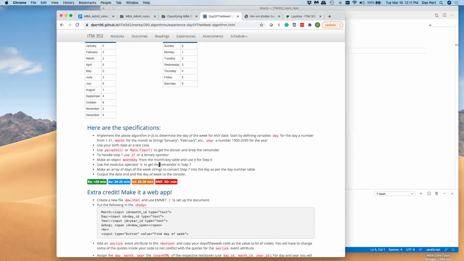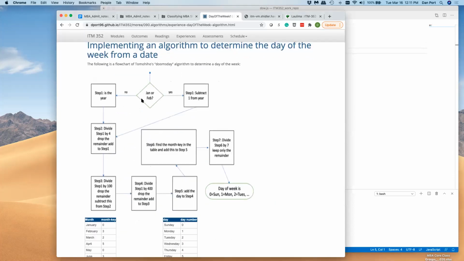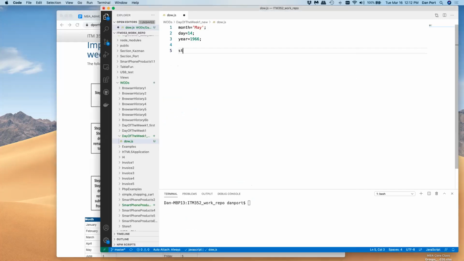All right. And now that I start with my birthday, I need to ask if I am January or February. If I'm January, February, I'm going to take the year as step one. Otherwise, I'm going to take step one as the year minus one. So I could do that in an if statement, or I can use a ternary. I'm going to use a ternary statement. So I'm going to say step one